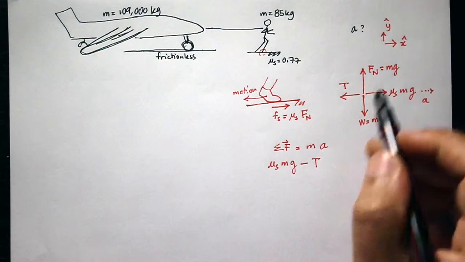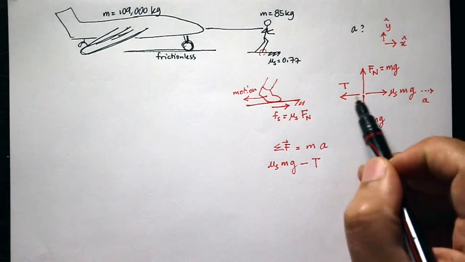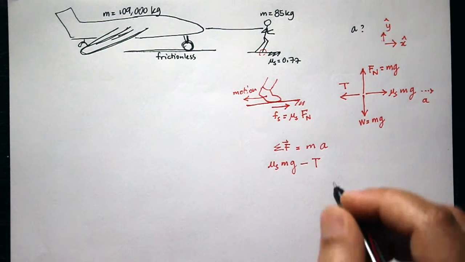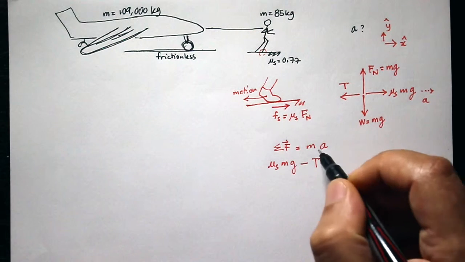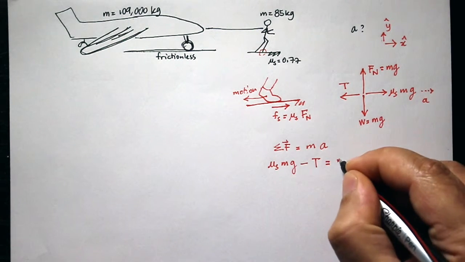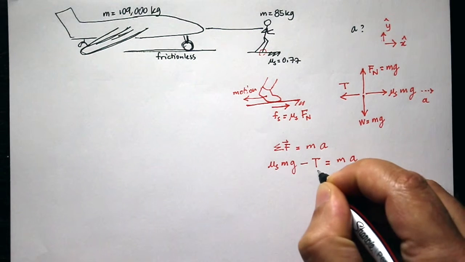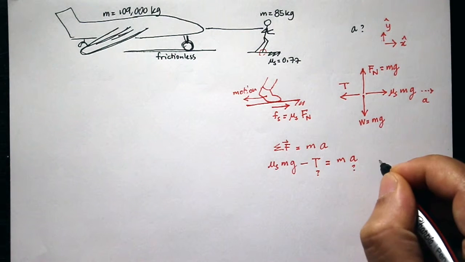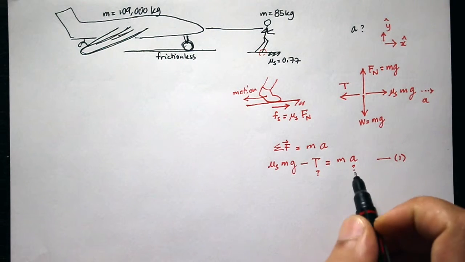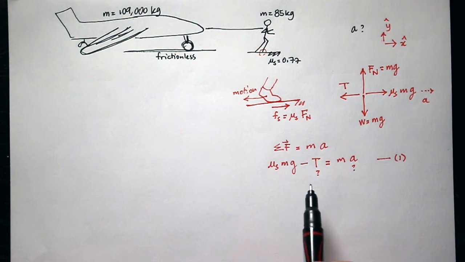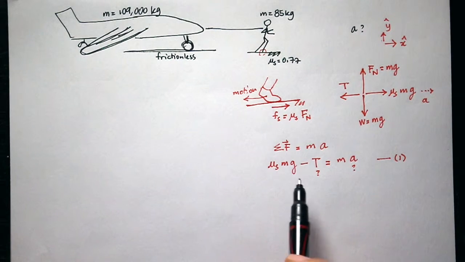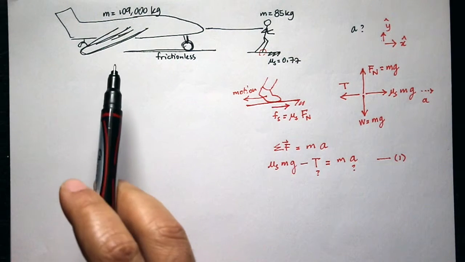So in the positive x direction, I have the static force. In the negative x direction, I have the tension force. And I know that this is going to be equal to the mass of the man multiplied by the acceleration. Now, I don't know the acceleration and I don't know the tension, so this equation is not going to help me find both. So I need another equation, and the other equation is going to come from analyzing the free body diagram of